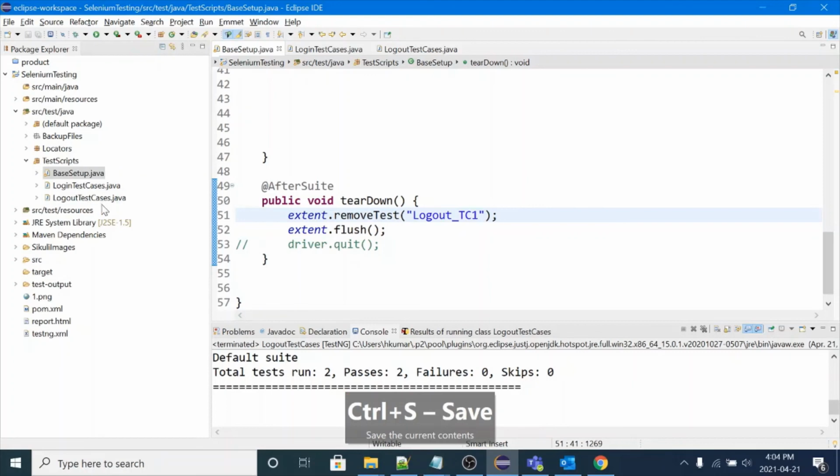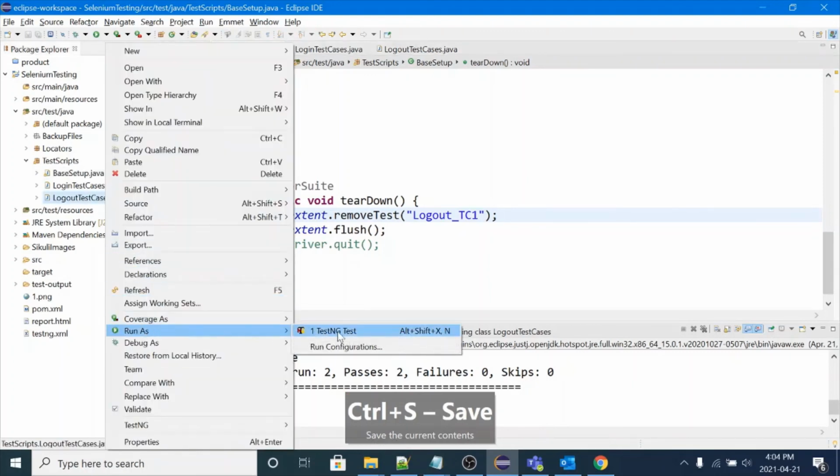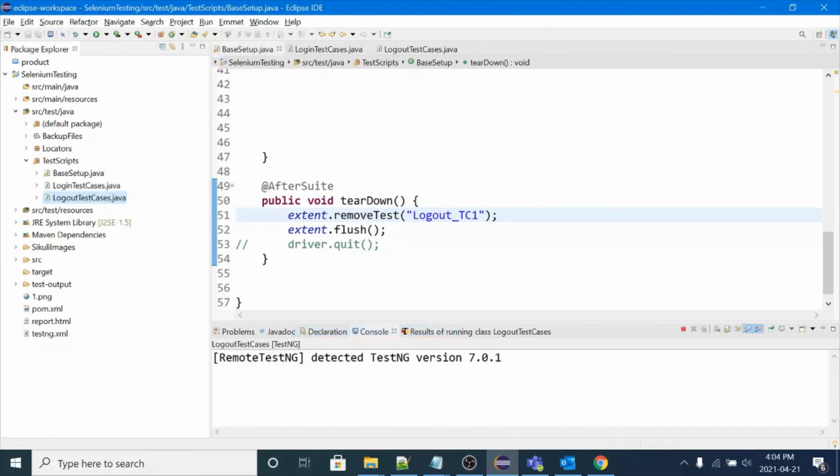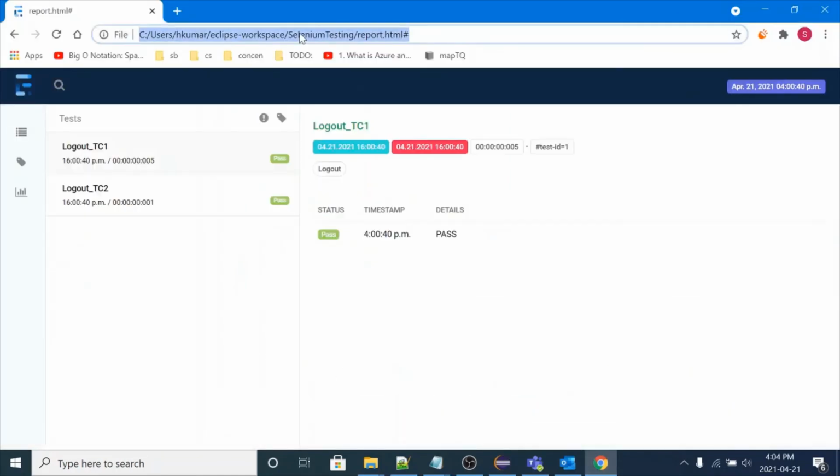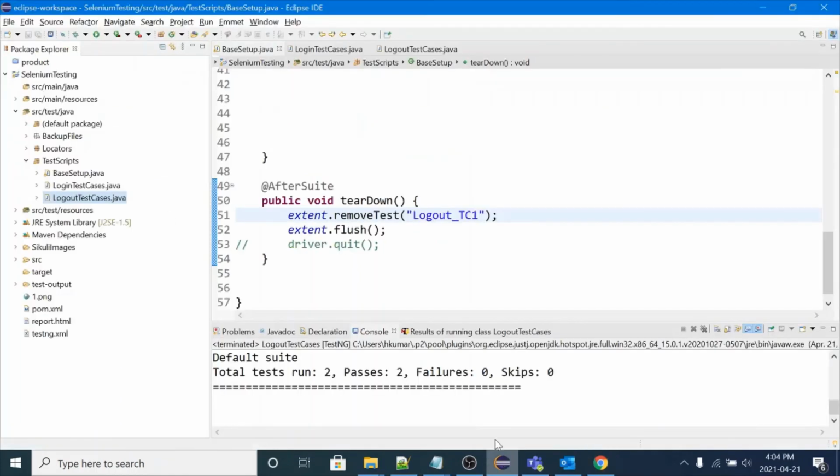Let me run this program. Let me refresh the report. Have a look. Now we don't have logout_test_case_1. Only logout_test_case_2 is visible. So I'm just showing how to write the code for removing the test case.